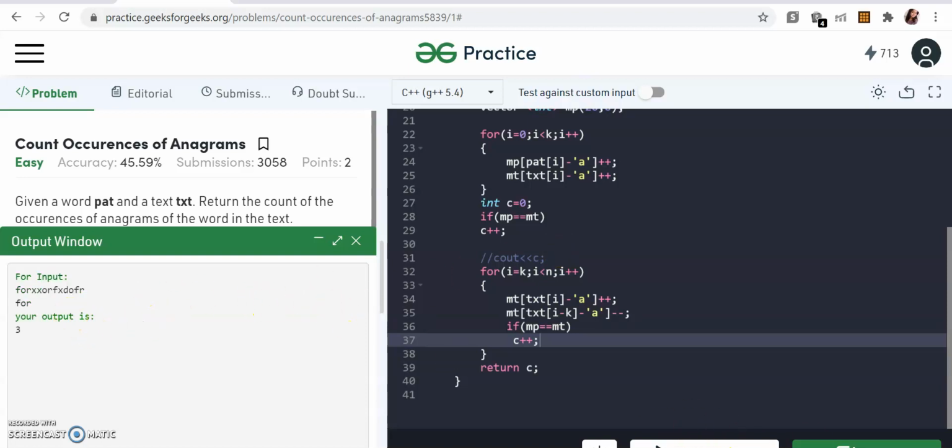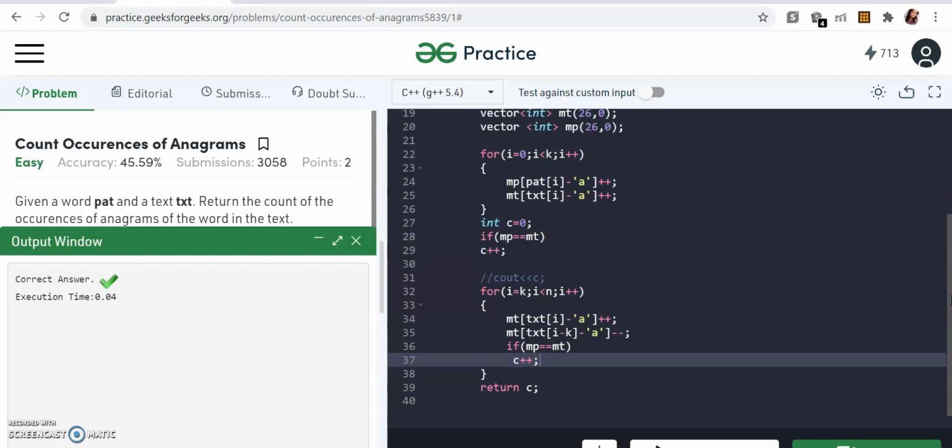So this actually compiles. Let me just try to submit it once. I have not made any change to the code. Sometimes this happens in Geeks that it gives you an error. Okay, yeah, so I have not changed anything, but it was just, I don't know, some backend issue. So yeah, this is a submission.